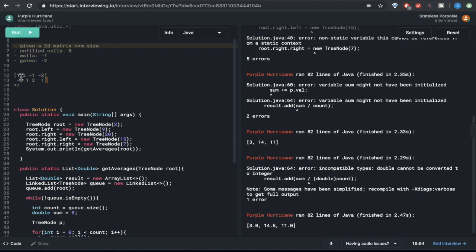So say we just have this -2 here, and then say these were all zeros except for the wall with the -1. Let's just say a depth first search, where we go down and then we add one, and then we try to go to the right, up, and left, but we see that we can't because we're either out of bounds or we hit a wall. But then we recurse